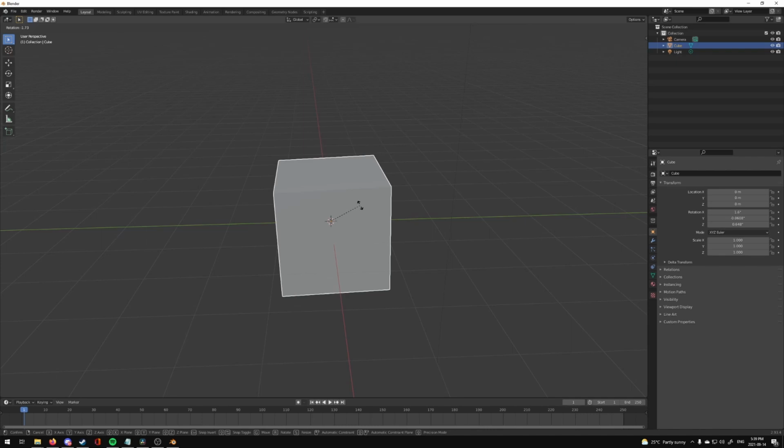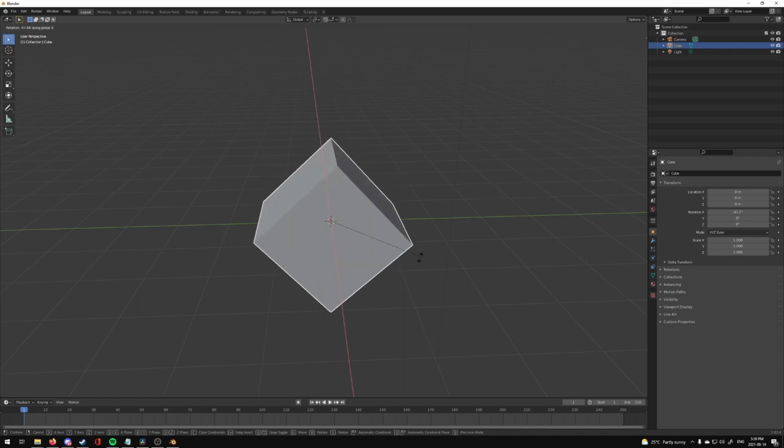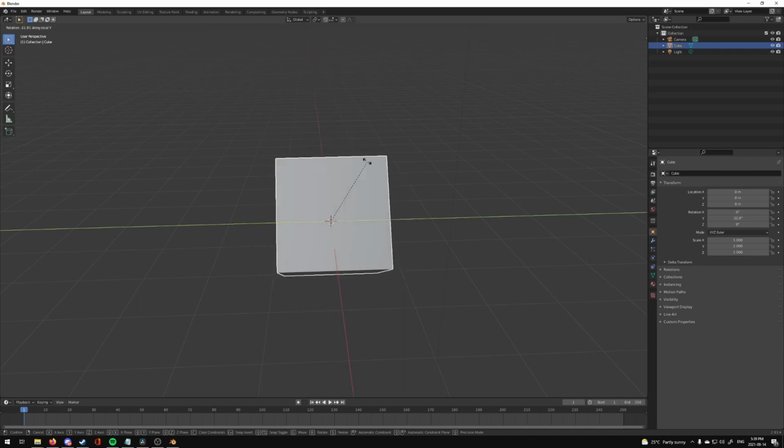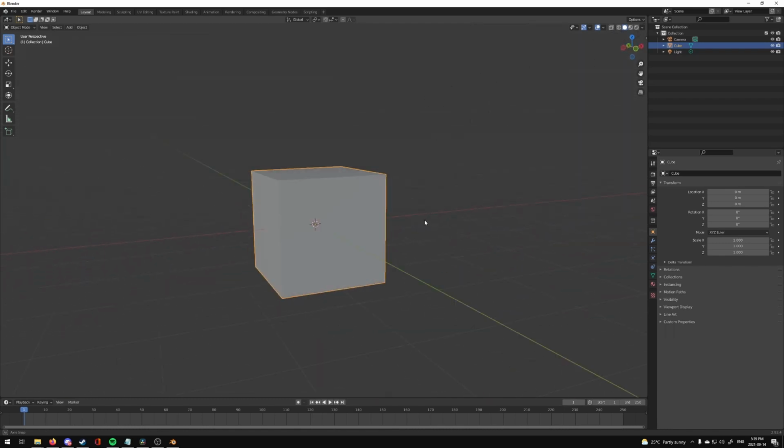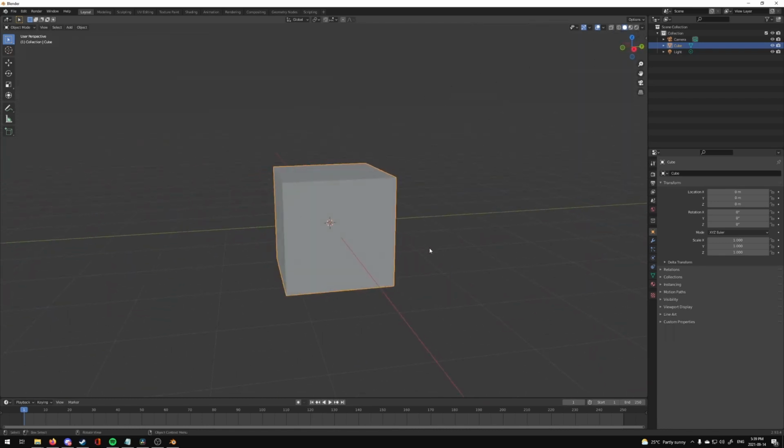And same thing applies as with moving. So if we press on the Z-axis, we can only rotate around the Z-axis. If we press the X-axis, only around the X-axis. And if we press the Y-axis, we can only do the Y rotation. Quite simple, quite easy. And that's basically our manipulation of objects, and that's how we're going to be doing things